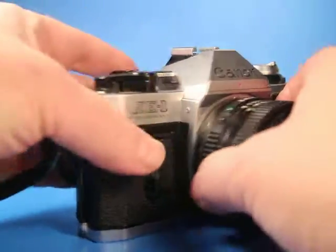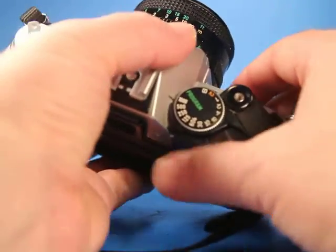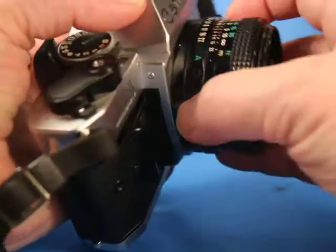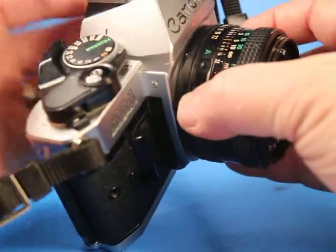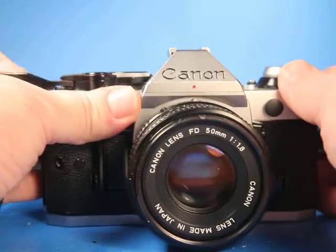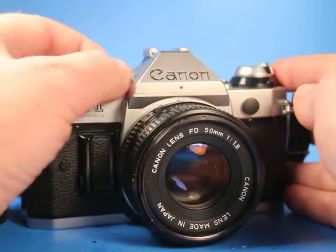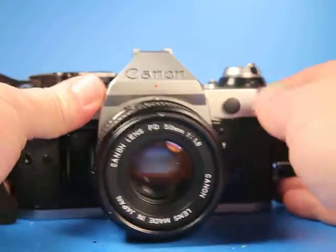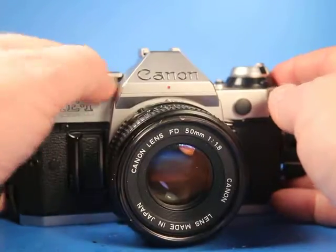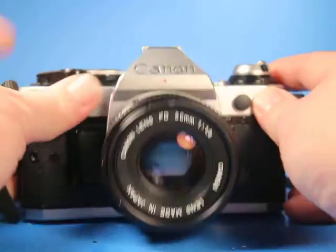Okay, so we've got the battery in, and we're going to make sure it's on here, and it's on A. And I'm going to set this at a low aperture just so we can watch the blades close in the lens too as we go. So here we go at 1/1000th of a second. And you can hear that squeal sound. Here's 500th, 1/250th, 1/125th,